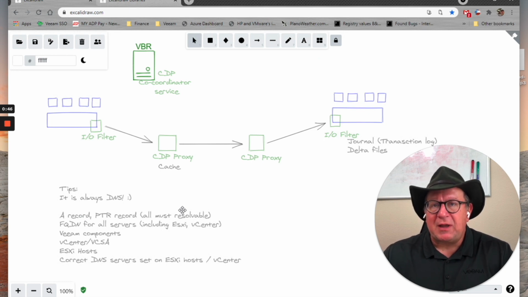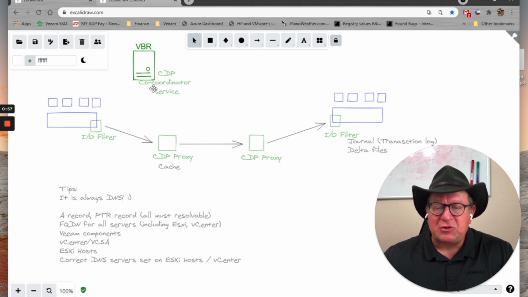Architecture looks pretty much like standard Veeam architecture. You've got a Veeam server, you've got proxies, just like regular replication. There are a couple different things in here. You'll notice the Veeam server now has a new service in it. The service is a CDP coordinator service. This is the service that oversees